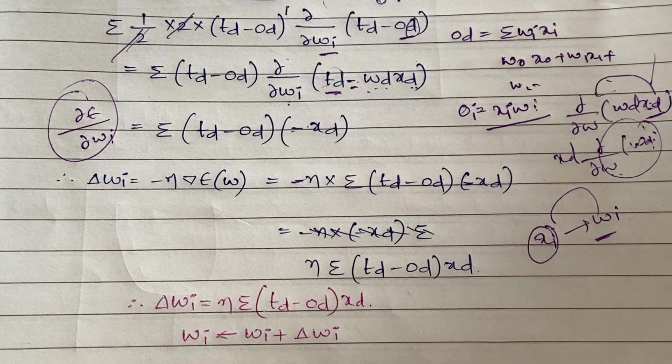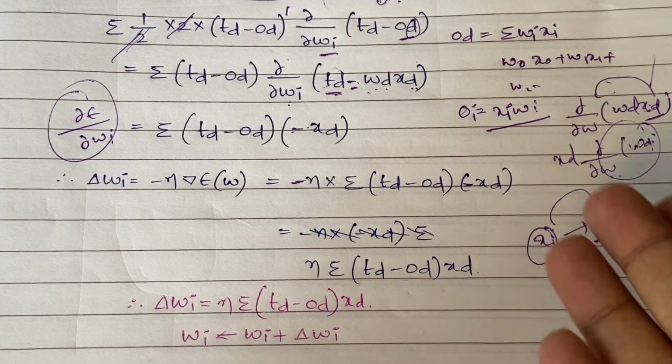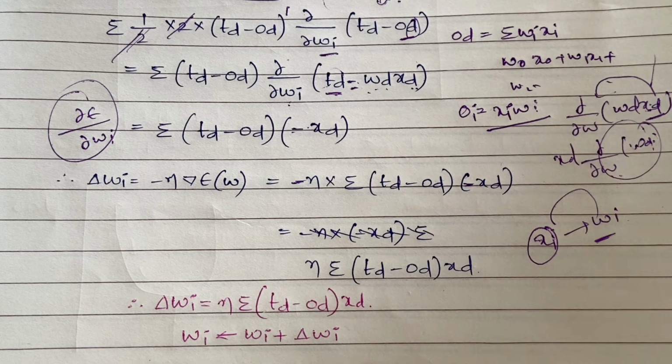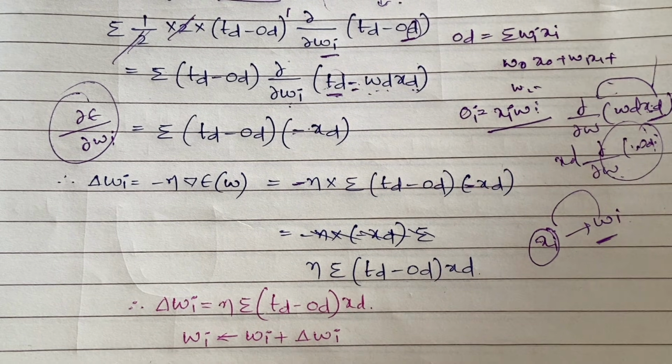Okay, so when you are changing weights, each and every time you need not do all this derivation, because all this derivation is in order to get the formula. So if you remember this formula, you need not do the derivation each and every time. You can just keep on doing iterations. Okay, done. So this is about gradient descent and the delta rule. Why do we use the delta rule? In order to give support for non-linearly separable data. The perceptron training rule will work well only for linearly separable data, but when you are going for non-linearly separable data, you need to go with gradient descent or the delta rule. Okay, done.